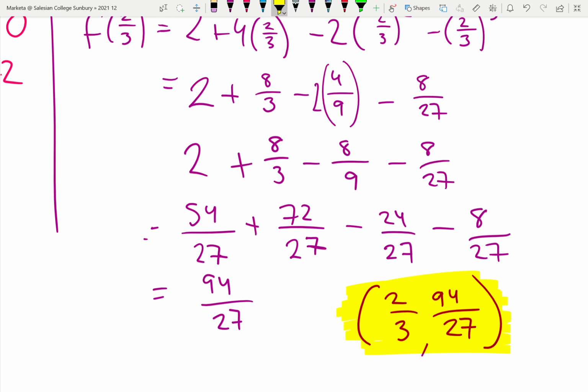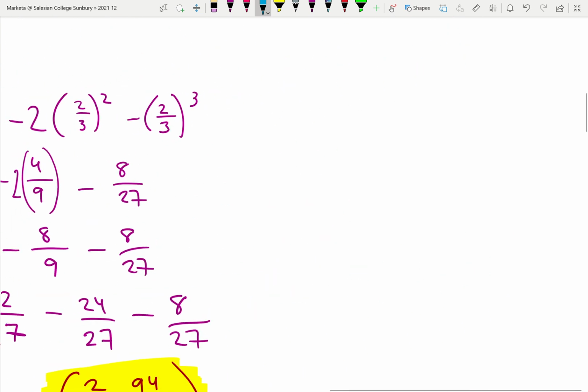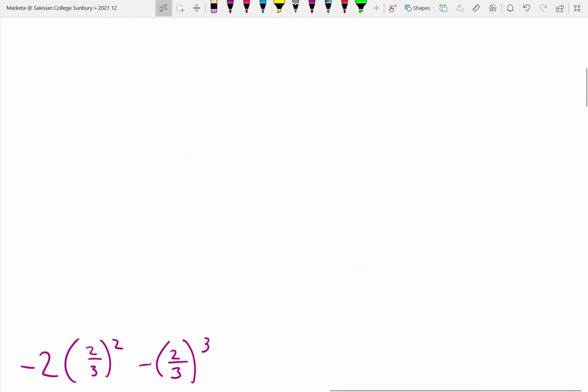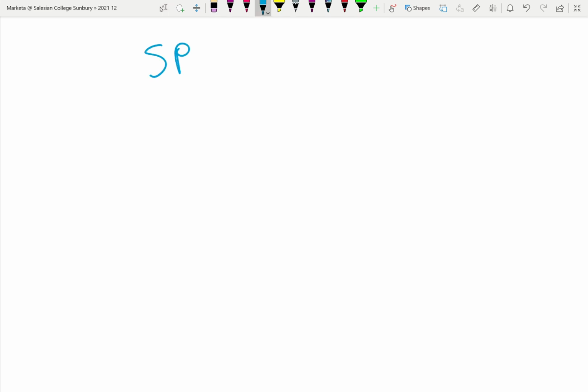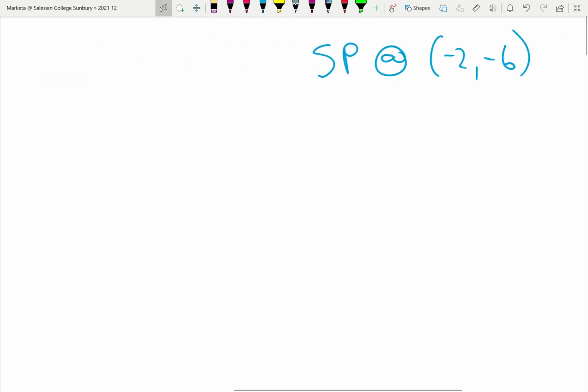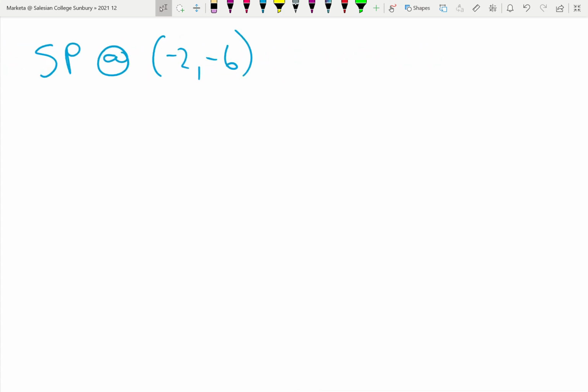Now it's asking us to determine their nature. And look, there's two ways to do this, and I'll show you both ways. So stationary points at (negative 2, negative 6), and what was the other one? (2/3, 94 over 27). So the first way to do it, and the way that the book no doubt shows, is